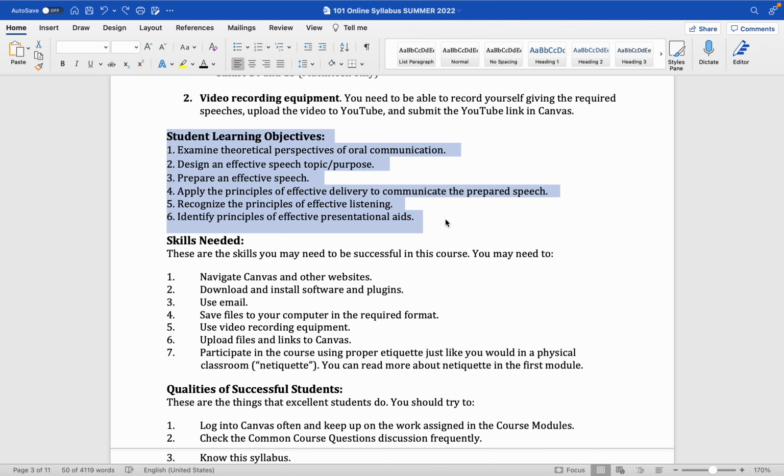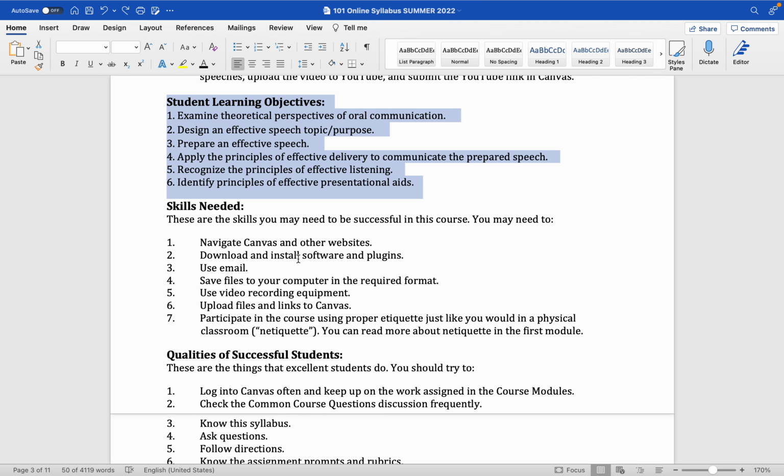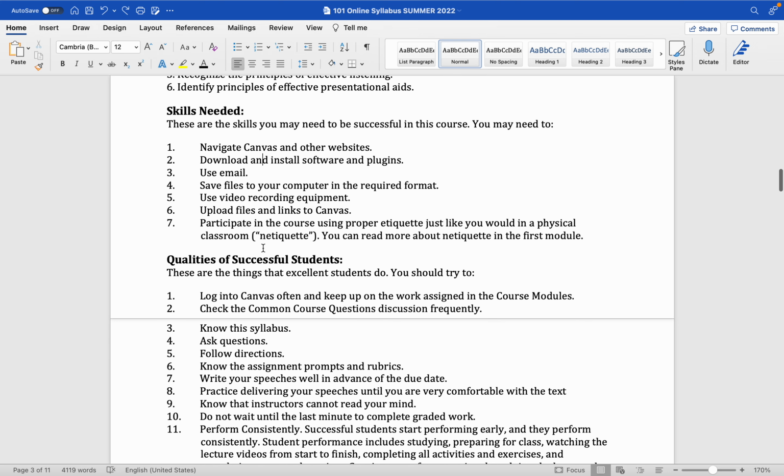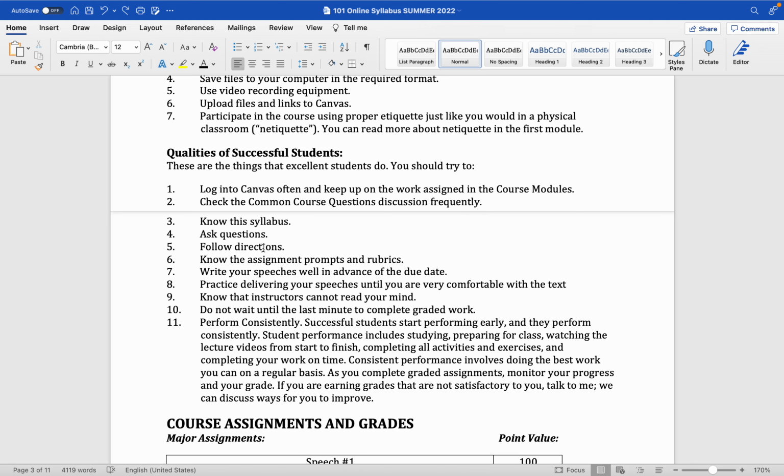You can read those along with the skills that you're going to need to do well in the course, and the qualities of a successful student. So 11 things that I recommend you consistently do in order to perform well, in order to be an outstanding student in the course. So take a look at these and make sure that you're emulating these qualities in your